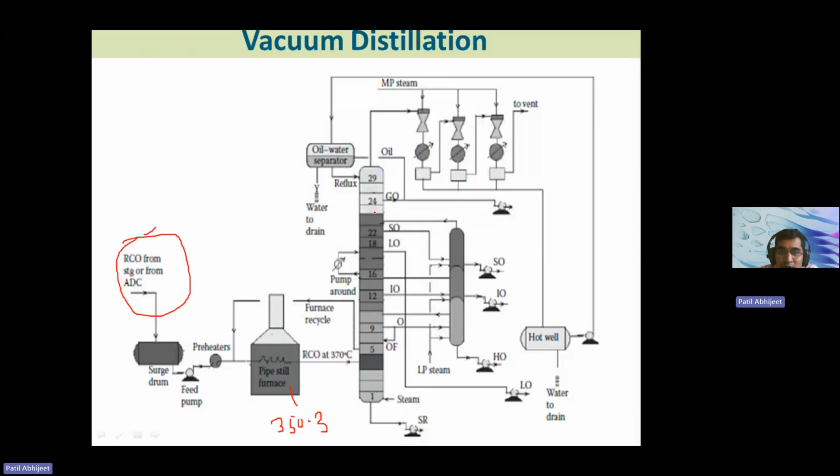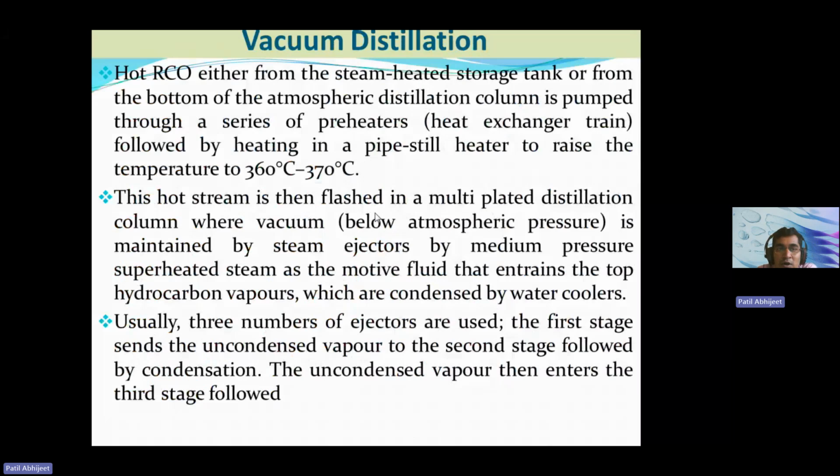The separation is based on the difference in the volatility of the substances. So this hot raw crude oil, which comes either from the steam heated storage tank or from the bottom of the atmospheric distillation column, is pumped through various kinds of heat exchangers. Then this hot stream is maintained at a temperature of about 360 to 370 degrees Celsius, and then it